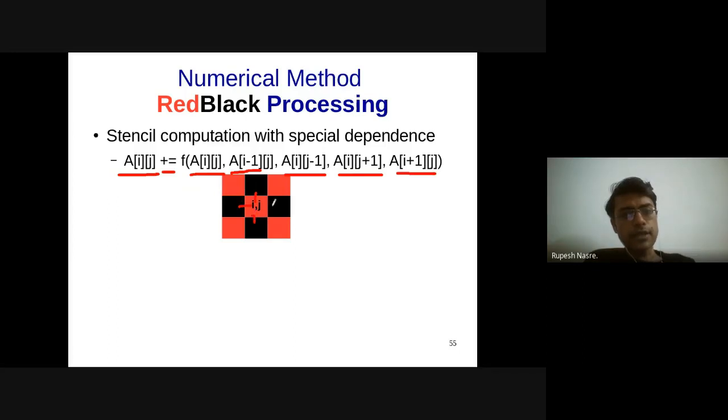And that turns out to be a very special form of stencil computation. The same thing is done by others. For example, this is being read here, this is being read here, and so on, as well as in the other way around. So the black one is also reading from the red neighbor on its left, and so on. When you have such a processing, you cannot parallelize it arbitrarily.